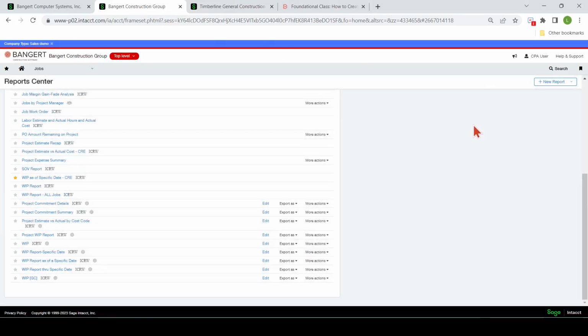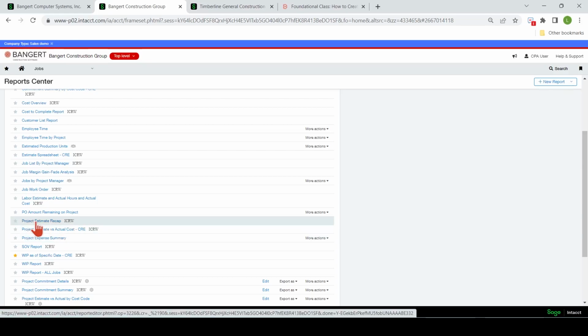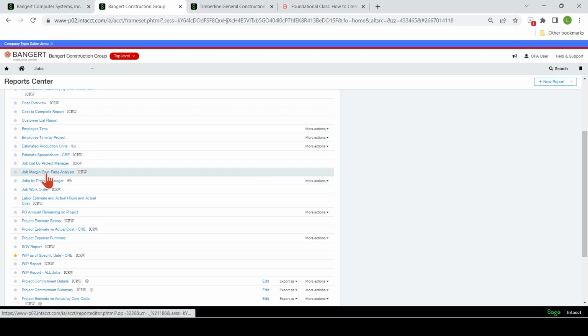Okay, so any of these other ones on here, you can kind of read and see what this one I think is a nice one that's used too, but you can kind of read and see they're explaining what they are. But this job margin gain fade analysis is a nice one for when you're looking at, did the project manager change their overall estimated job margin?